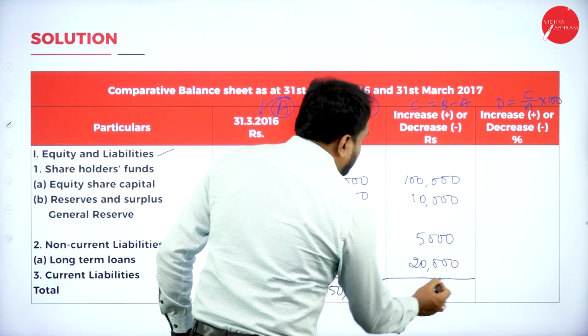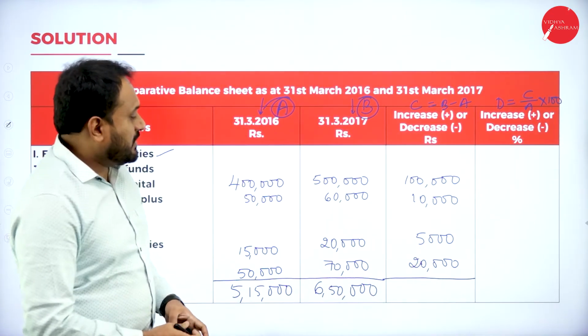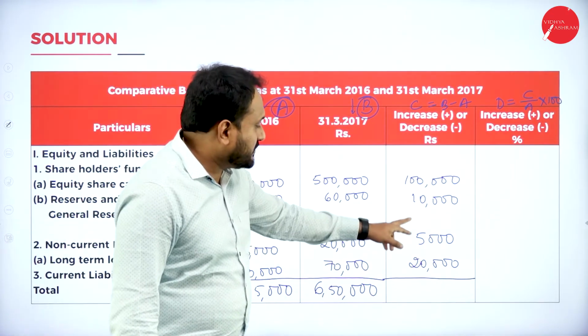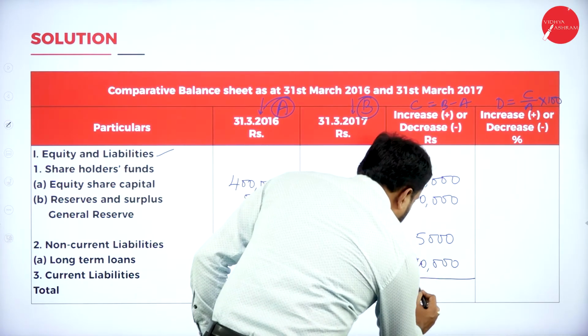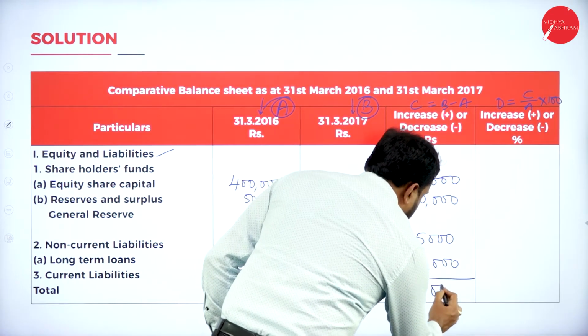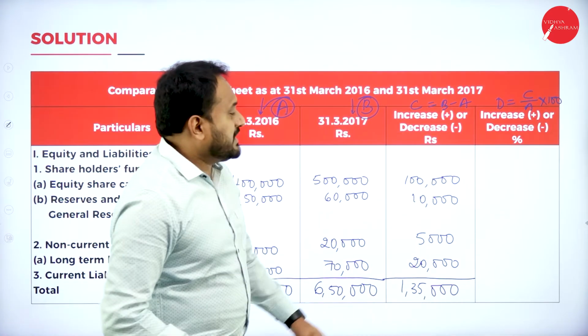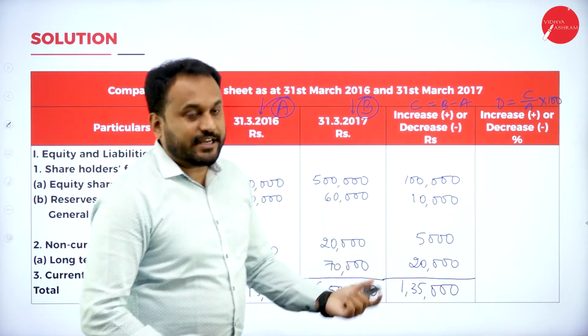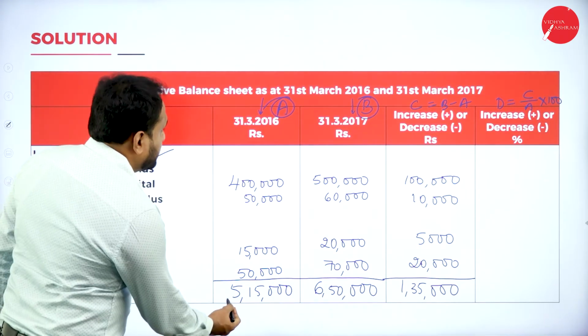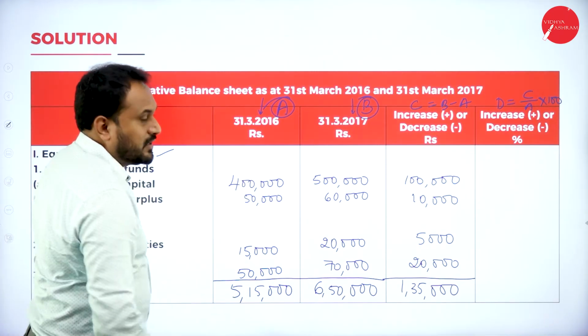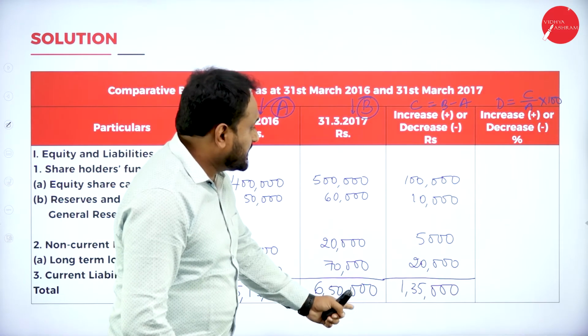Now for this you need to calculate. Now we have how much? 20,000, 30,000, 35,000, 1,35,000. So we'll write here 1,35,000. Now what are we supposed to do when it does increase or decrease? Just go with that. This is the base for 2016, right? This is the base for 2017.